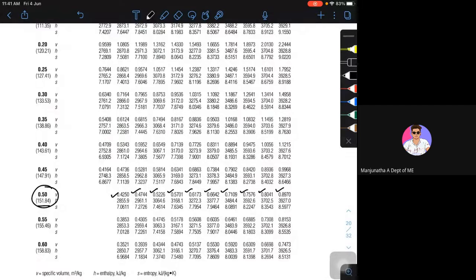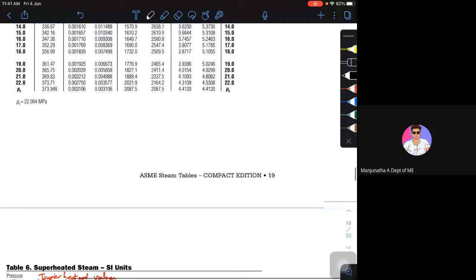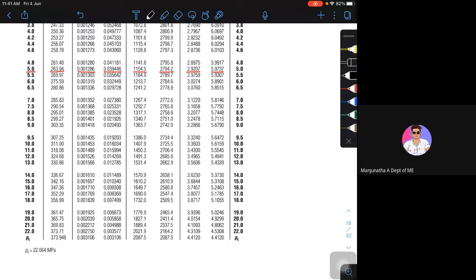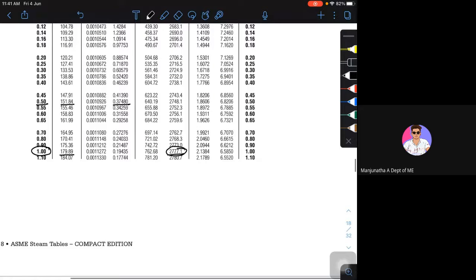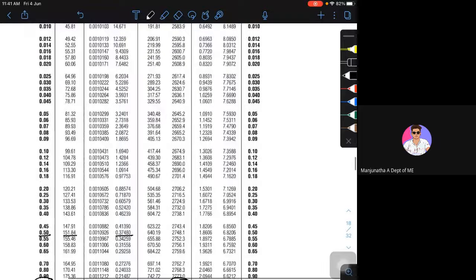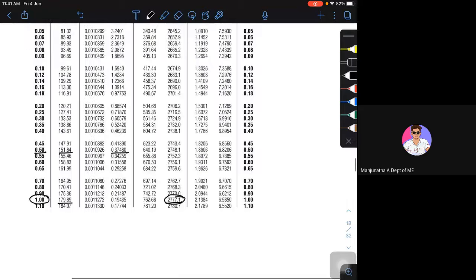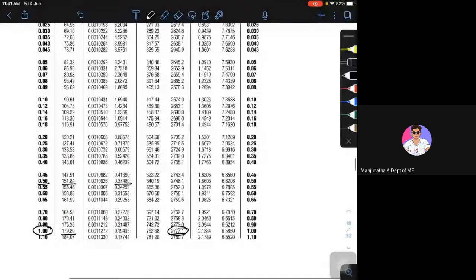The specific volumes are greater, but what is the given specific volume? The specific volume will be increasing. The specific volume of the dry condition itself is 0.37. If I look at this, all the specific volumes are more. This is just a cross check, that's it. The specific volume for this particular condition is 0.3748, but what is the given specific volume?